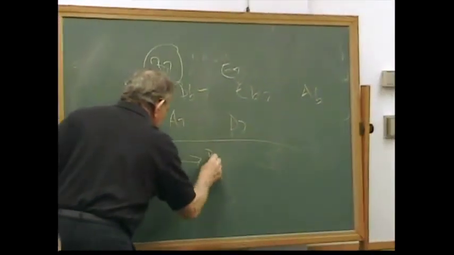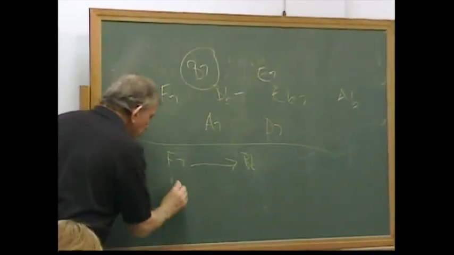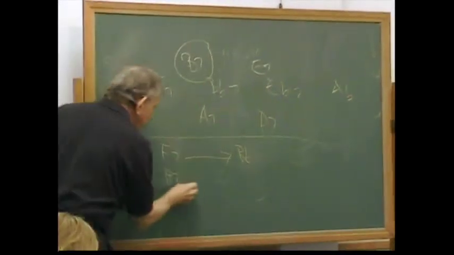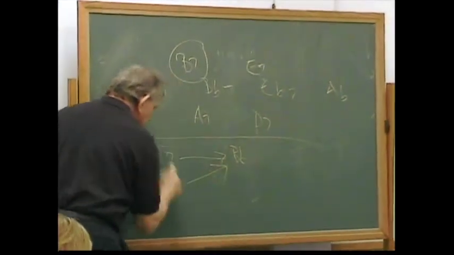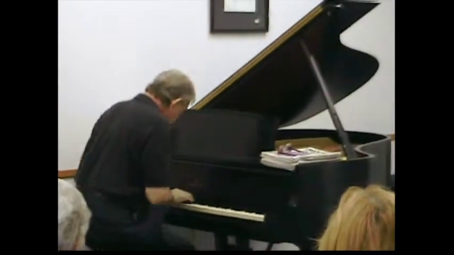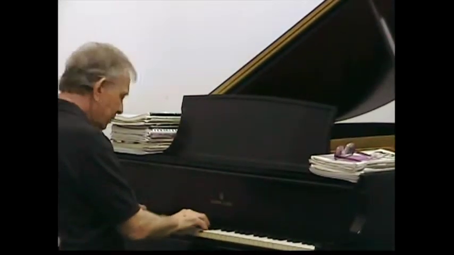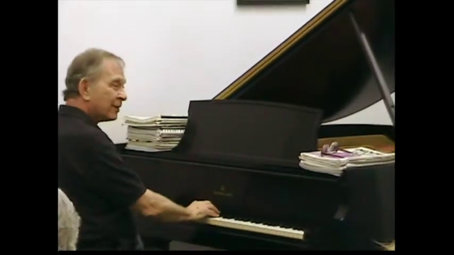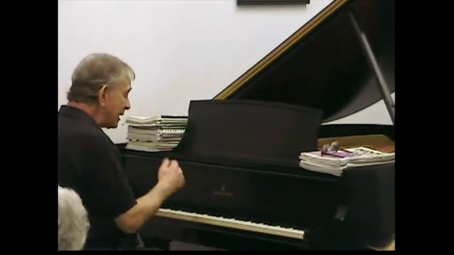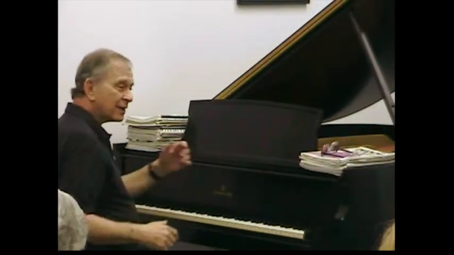F7 to B flat is your traditional dominant seven tonic harmony, Mozartian harmony. The jazz musician maintains that this chord offers as much pull to that chord as this chord. Let's see if that's true, and if so, why? F7, B7. Yes. Why? Because of the leading tone, the seventh note of the scale. That's what does the pulling.